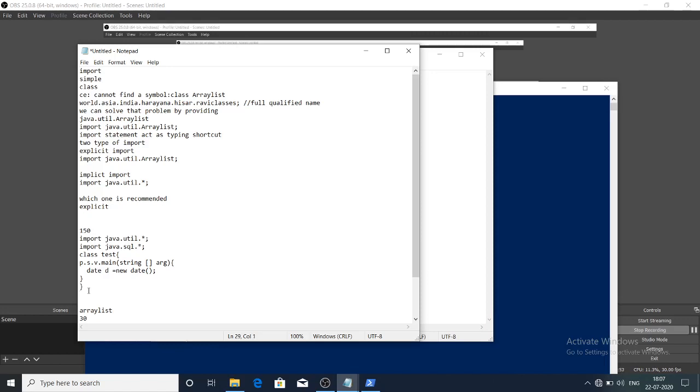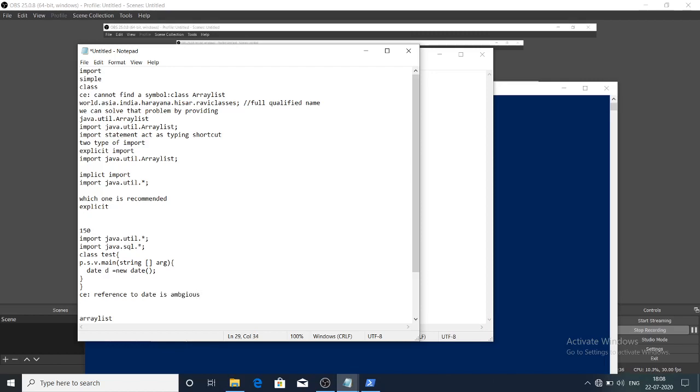So what does the compiler do for this stupid type of programming? The compiler always raises the exception. It says it doesn't know from which class we have to take, because in both the classes this Date is available. For this stupid programmer thing, the compiler will raise the exception saying a reference to Date is ambiguous, because it's contained in both files.